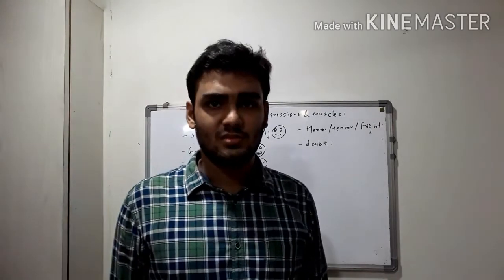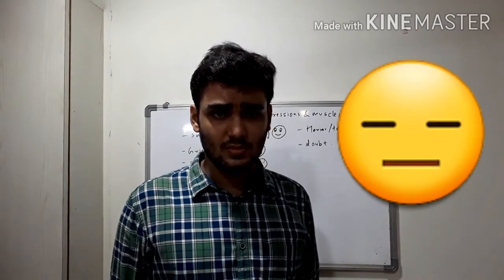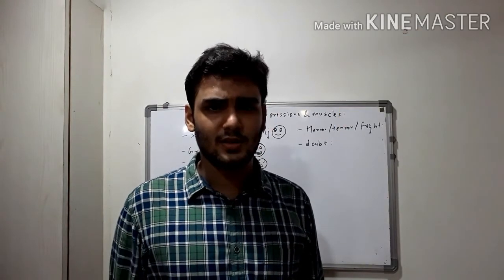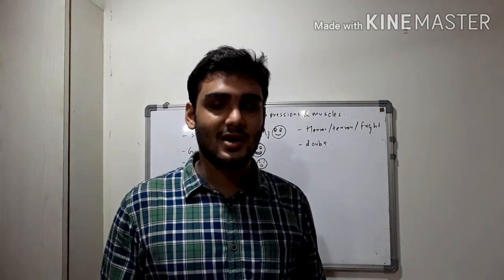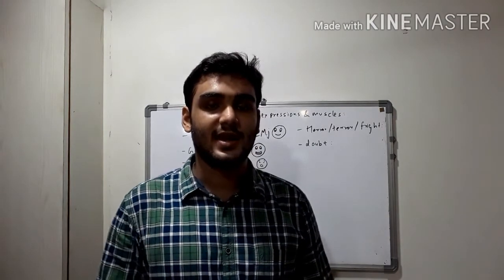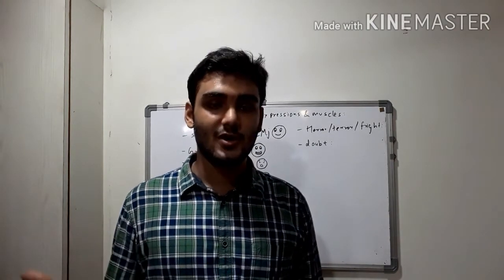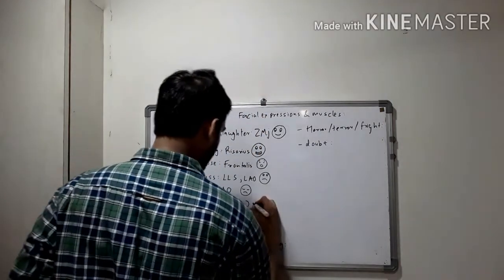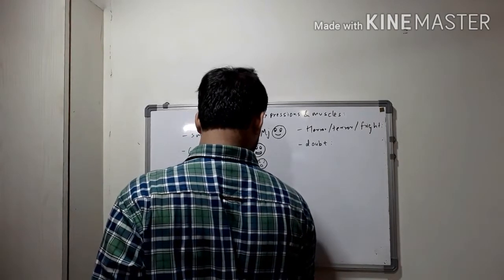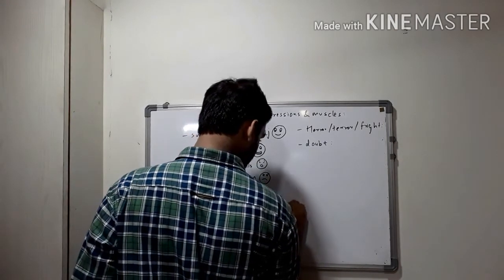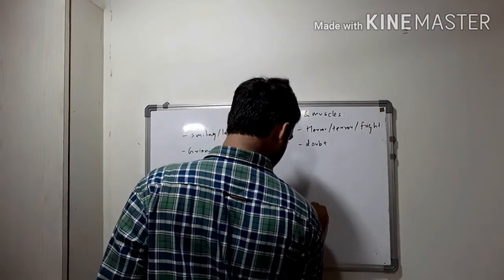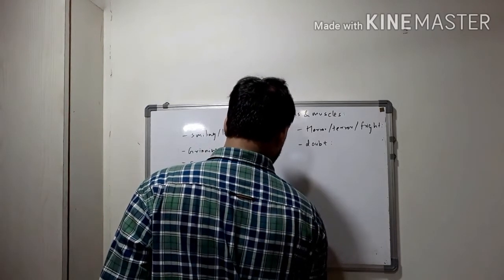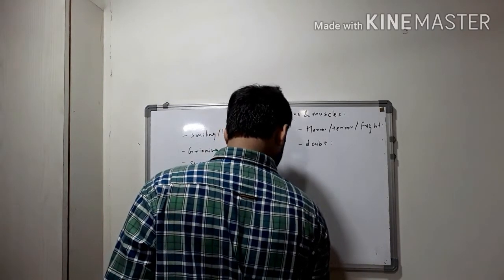Then if you don't like something, or if you frown about something, then the muscles involved are the two muscles of wrinkling, that of transverse wrinkles, that is the procerus, and of vertical wrinkles, that is the corrugator supercilii. Corrugator supercilii and procerus.